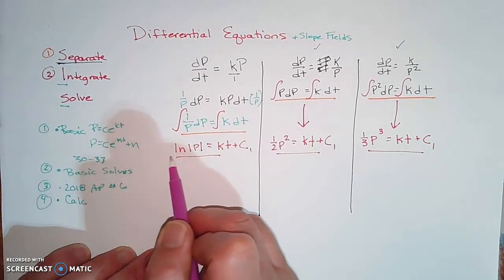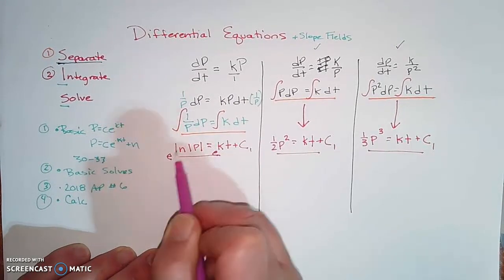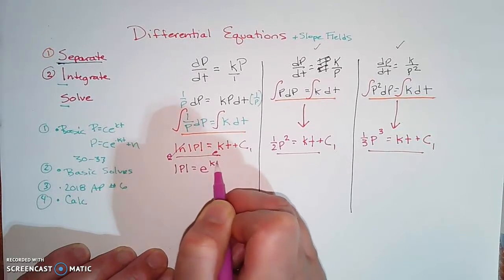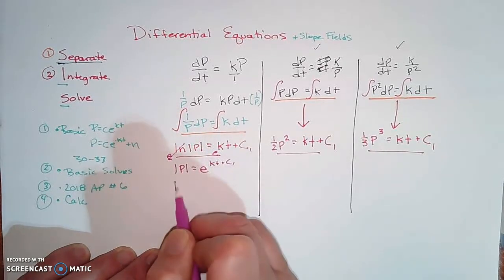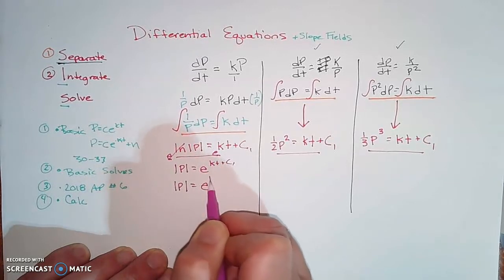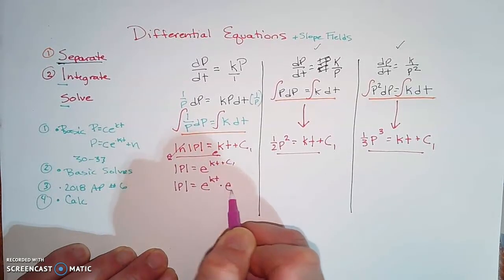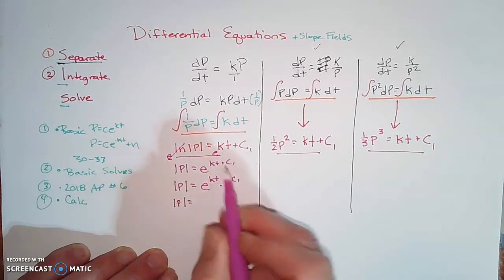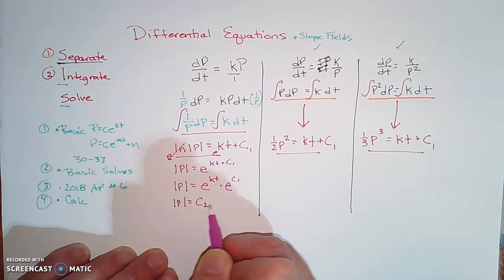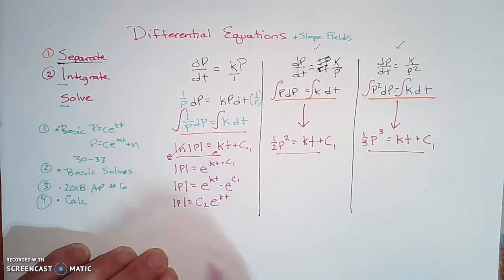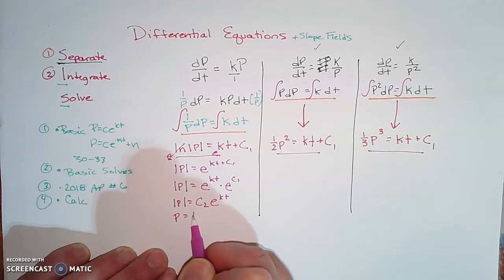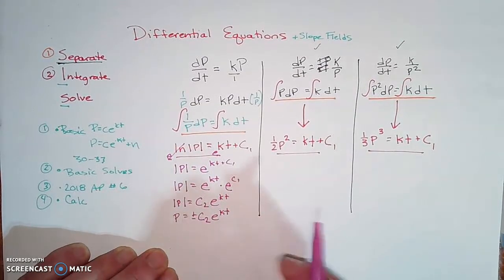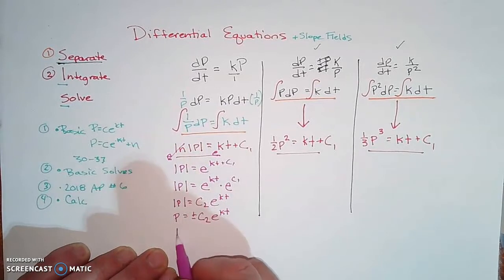So I've got to get rid of the ln of P. The opposite of ln-ing is e-ing something. Absolute value of P equals e to the kt plus C1. Absolute value of P equals e to the kt times e to the C1. And this one is the only special one. Absolute value of P equals C2 e to the kt. P equals plus or minus C2 e to the kt because of the absolute value sign. And because it's plus or minus,